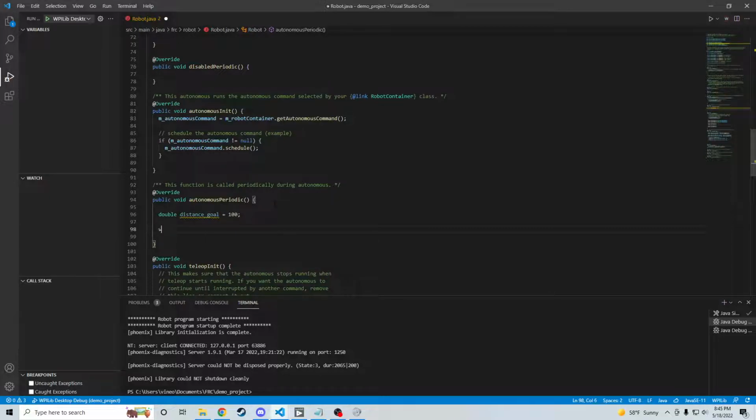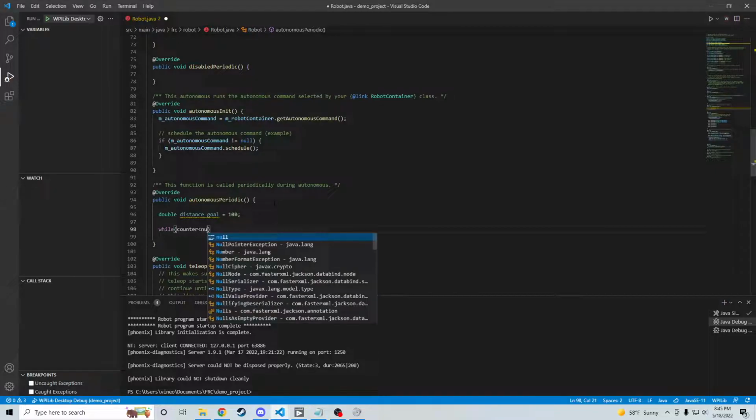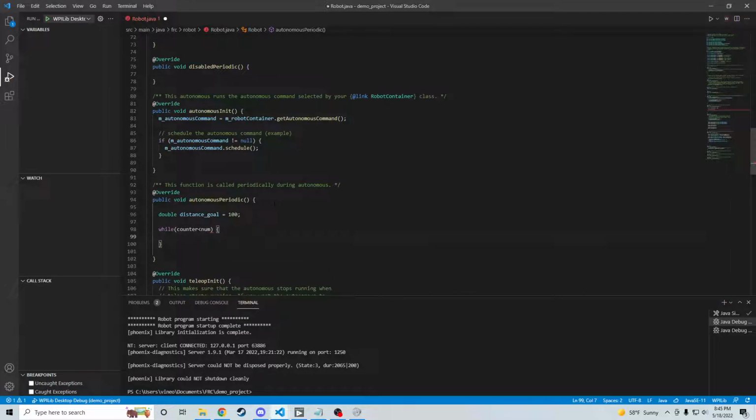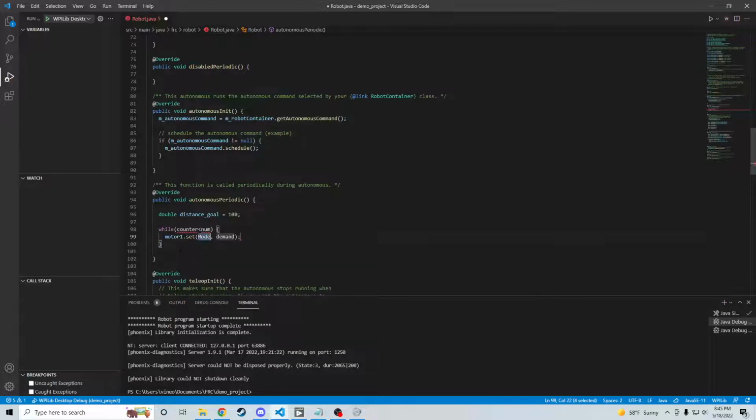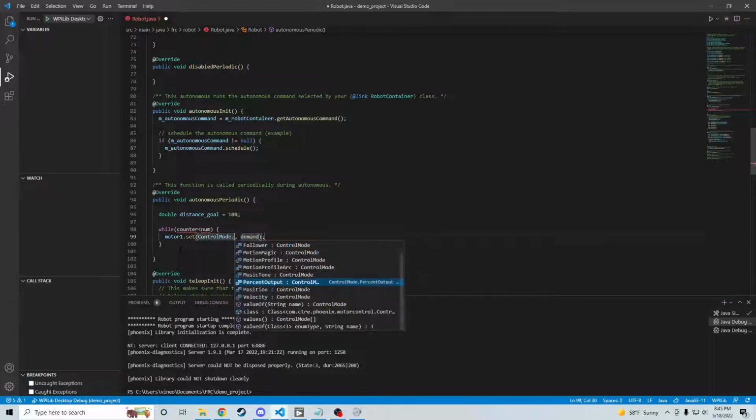and then you'd say, for maybe, like, what do you want to set your timer? While a counter is less than some number, right? You'd want to make the motor, you want to set the motor to be at full speed or like half speed. Motor 1, control mode dot percent output